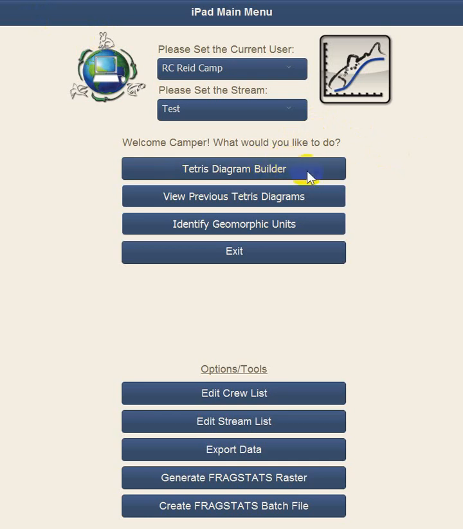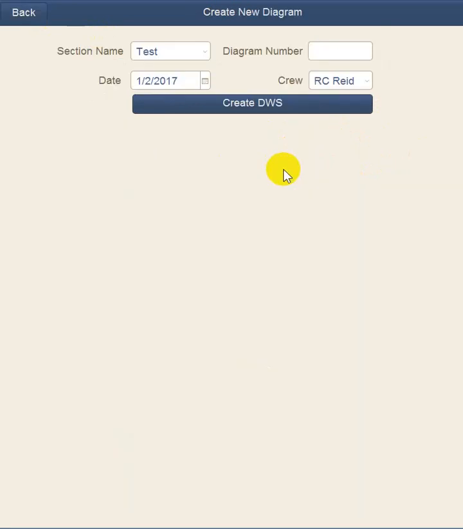But then the Tetris diagram builder works as follows. If you have previous Tetris diagrams, you can click here and get a list. I'll show you that in a sec. But here, in the Tetris diagram builder, you tap this and select. It's going to automatically give you the section name that you selected on the first page,